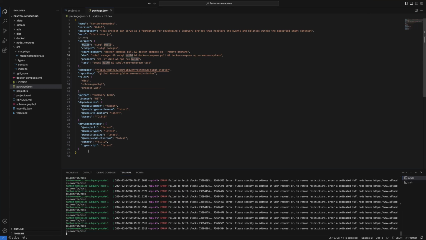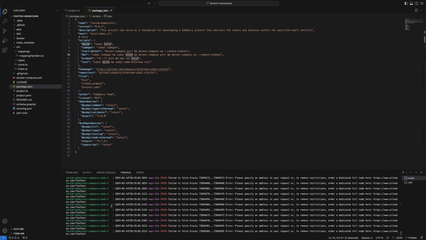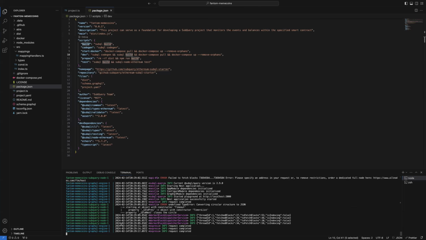All right, we're having a bunch of logs here. We're seeing errors, but we shouldn't really worry about those. Those are just network specific errors. Probably we're just doing too many requests to the nodes, so that's why.